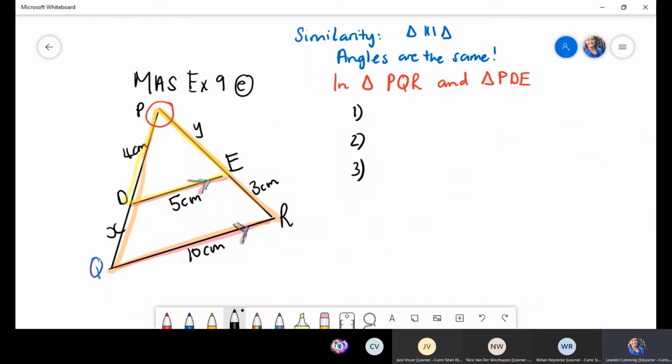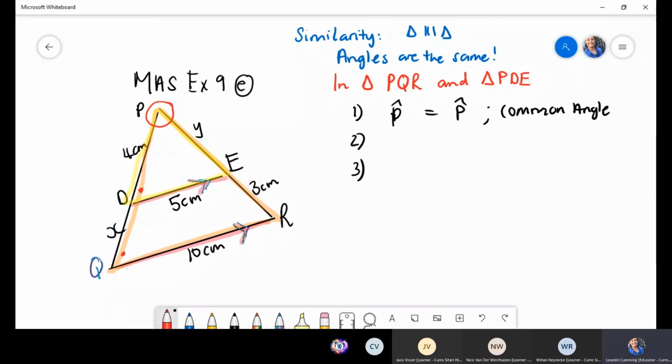So let's start with angle P. Angle P is equal to angle P. How can I make that statement? It is a common angle. It's a shared angle. Right, what's the next one? Let me just write a little bit neater here. What's my next one? I've got parallel lines which help me to find